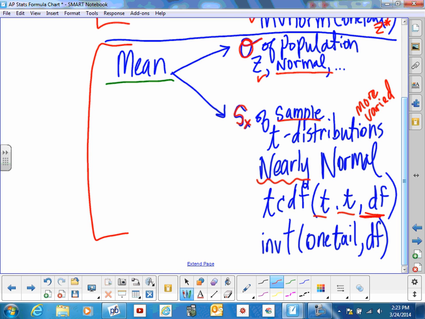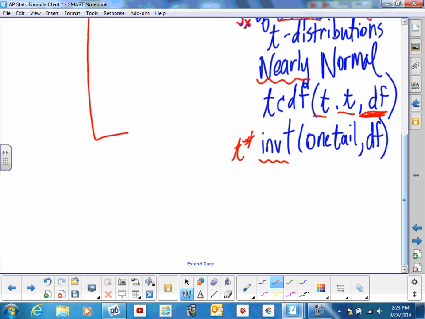And again, what's this degrees of freedom important for? Notating which curve, which t-curve to compute off of. And then, of course, to get a critical value, you're doing inverse t of one tail comma degrees of freedom. Okay. All right, so with all of that being said, now let me show you the formulas